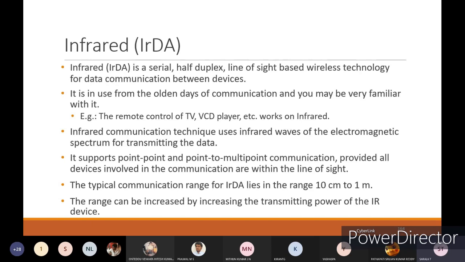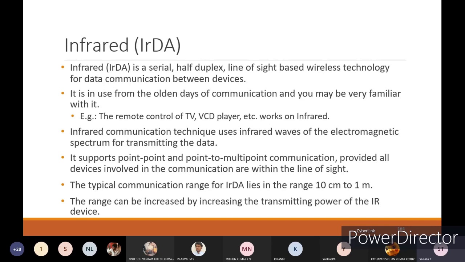In older phones, when the smartphone evolution had started, wireless transmission was with infrared only. We had to place one mobile with another mobile facing each other, with a proper line of communication, and only then would the data be transmitted.